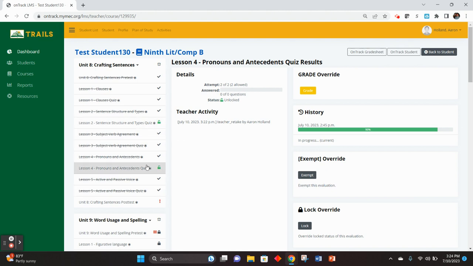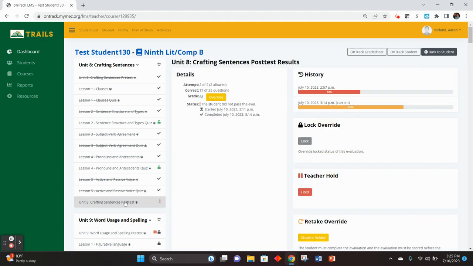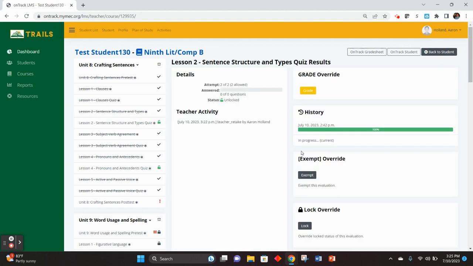So you've done this part, allow them to remediate. In this case, I'm going to say anywhere from 20 to 30 minutes. They should be ready to the point where they're ready to take that post test. They will have taken these quizzes, and then they will be ready to take that post test. At that point, when they are ready, you're going to go in and allow student retake. So just to show you what this should look like,